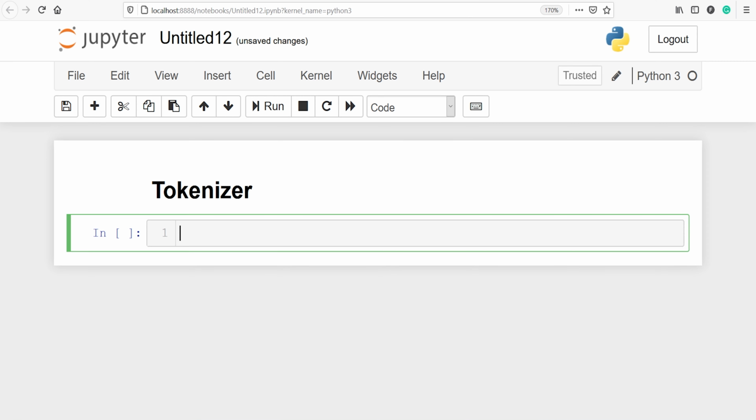In this video, we will learn about tokenizer in TensorFlow. Tokenizer helps us to encode words which can be used for neural network. Let's import TensorFlow